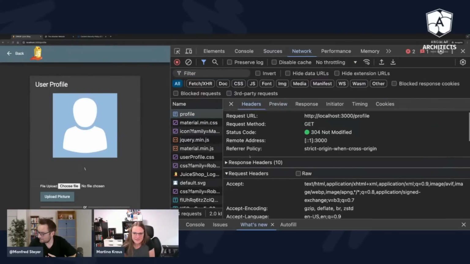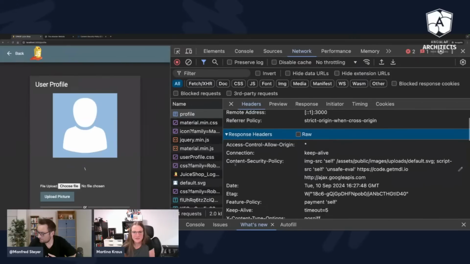It's just a response header. So here we see the content security policy, and we see a couple of directives like image source, script source directive. It's great. I really highly recommend taking a look into this.